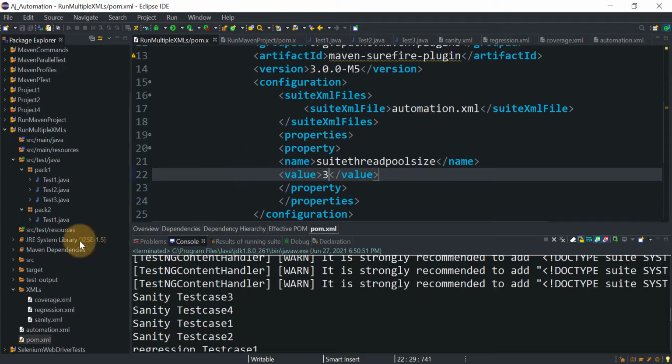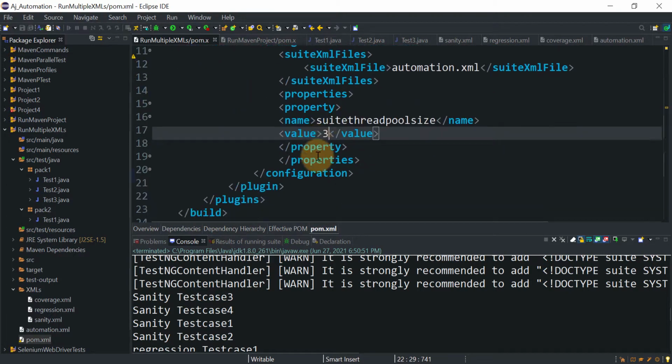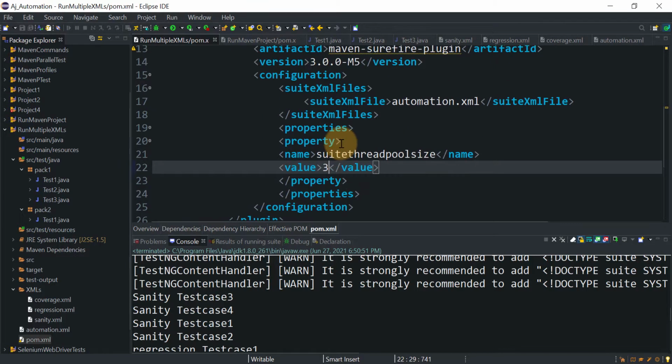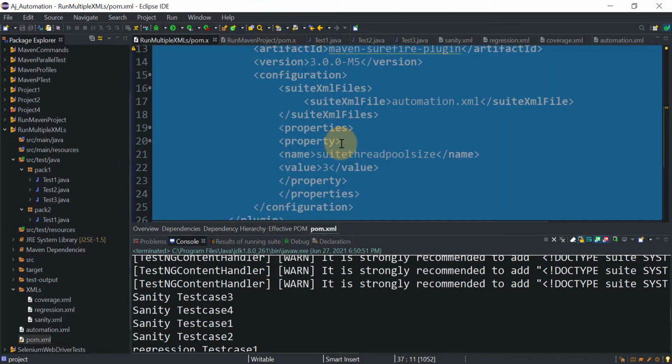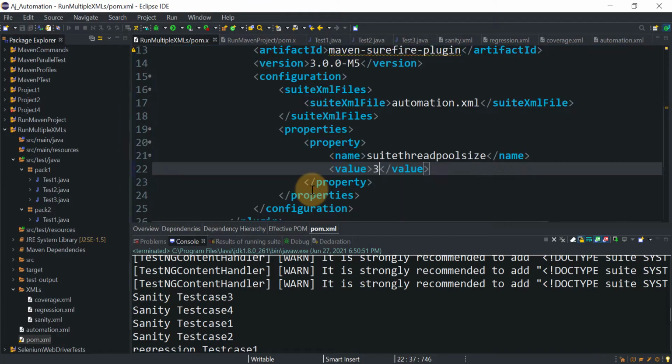Add all these test cases under these multiple XML files, and whatever configuration we have done here for the surefire plugin, you can do the same and run that pom.xml file. So this should open all three browsers in parallel mode, simultaneously. You can try your own and let me know if you face any issue. So this is the configuration you need to do for parallel mode execution.